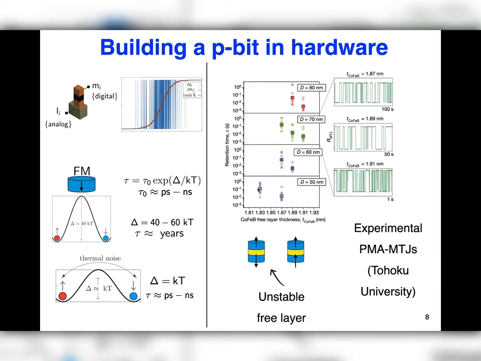Now, this is real, and we have collaborators, Professor Shunsuke Fukami and Professor Ono, for example, who are experts in controllably making these stochastic magnetic tunnel junctions. And you're seeing on the top right here different types of stochastic resistances. This is the most curious thing: in the lab, you take this two-terminal resistance and just look at its resistance as a function of time, and it's doing these fluctuations. Okay, it's very well known to magneticians and experts in MTJs, but this is really the key computational building block that enables a very compact and efficient p-bit.